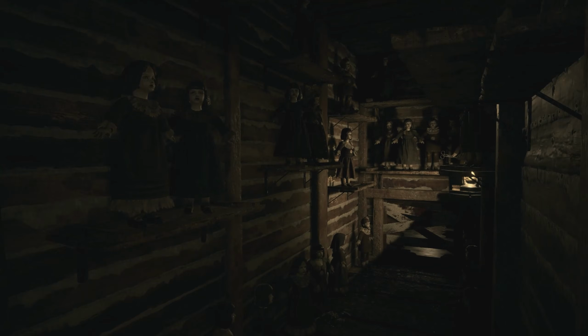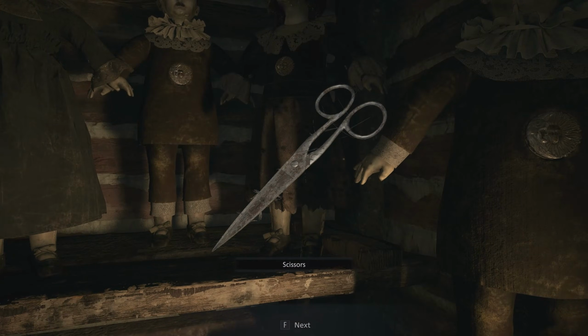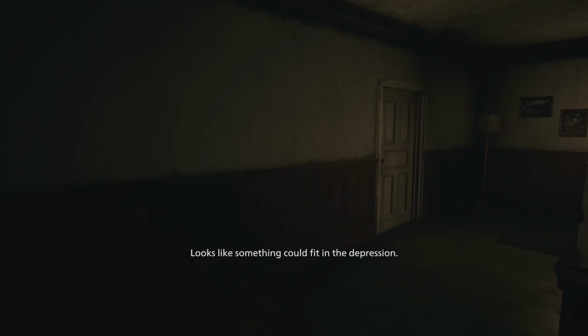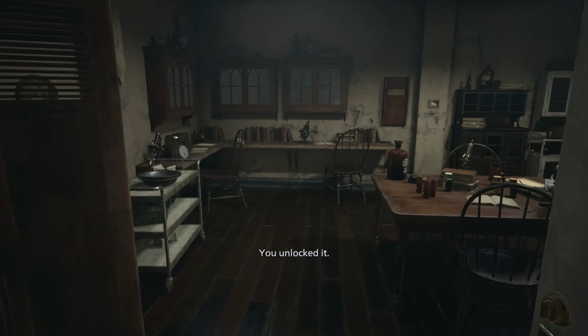Go inside the secret door and you're going to find a collection of dolls, because that's not weird. One of them will have a scissors in its hand that you can grab, and you can then cut the bloody bandages that are blocking the path and go through. Make your way down the corridor till you eventually come to a white door that you can unlock and go